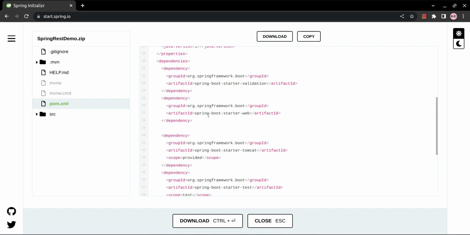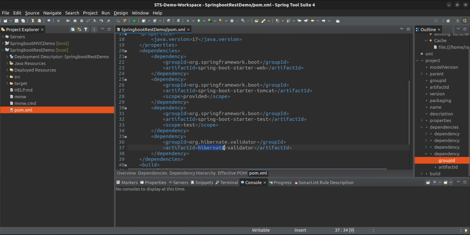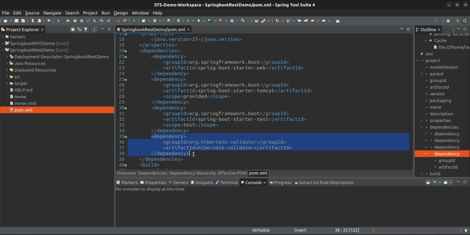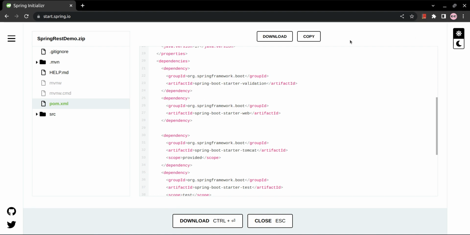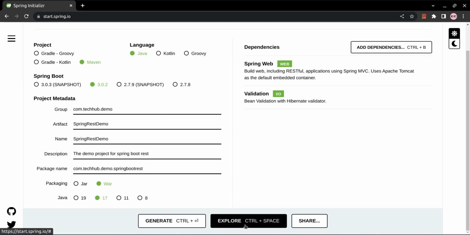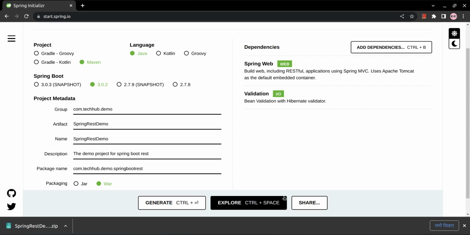Okay, or else you can do one thing. If you don't want to add this Spring Boot starter validation, you can ignore it and directly add org.hibernate.validator. So only the Hibernate related validation will be added. Okay, that is up to your choice how you want to add that one. That's it. After that you just have to generate, it will download your project, and you can import that same project,